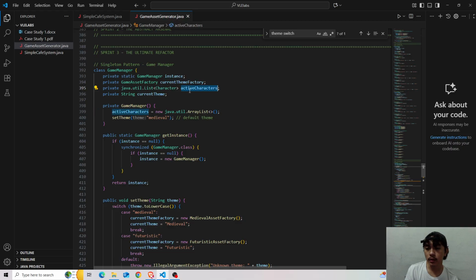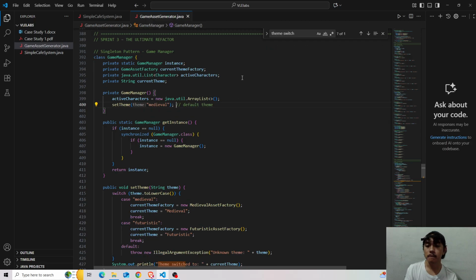So the active characters will be put in our array list. Okay, so set theme medieval, and we have put here set theme medieval because as the game runs, it has to have a theme. So our default theme would be medieval, and then the other theme is the futuristic.